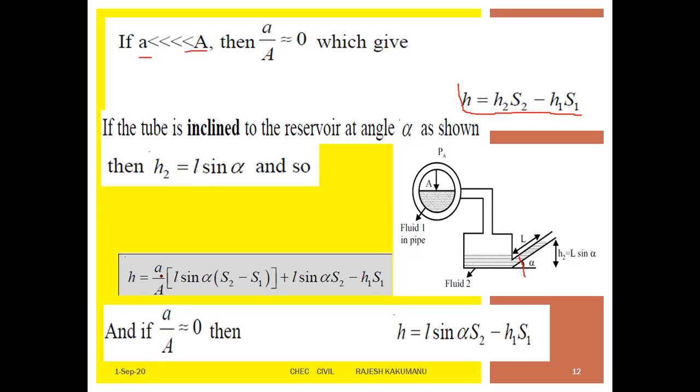Therefore total H is equal to small a by capital A, the area of the fluid in the glass tube. H is equal to small a by A times the bracket L sin alpha S2 minus S1, plus L sin alpha S2 minus H1 S1. So this is the formula for the tube inclined at an angle. And if A is equal to 0,